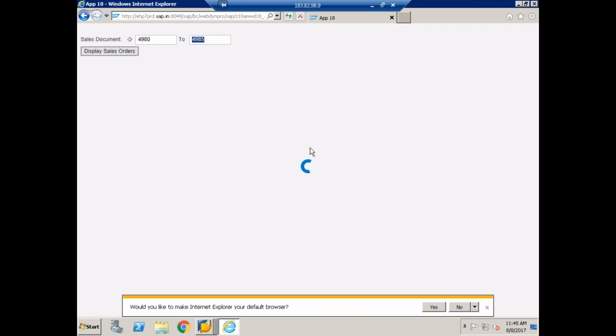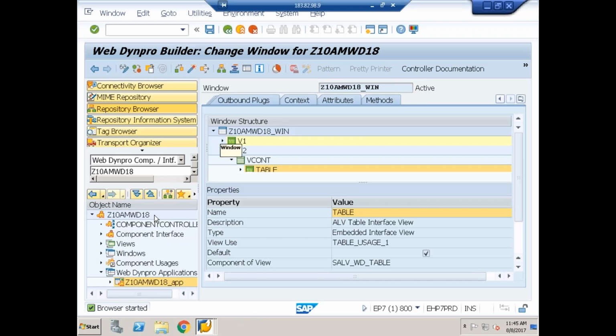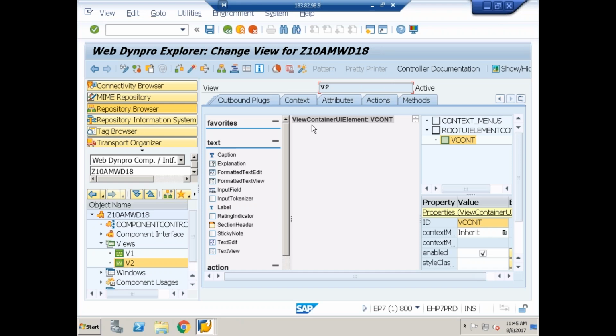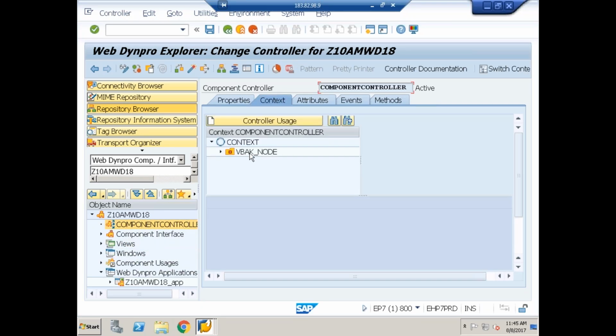What happened? Yeah, I missed one setting. Done. I'm not getting it because, okay, we have taken what? View container. In this view container, we have embedded what? External window. But we are not instructing SAP what data we have to display there. What data? This context node only, right? This data. So what we have to do now is we have to go for